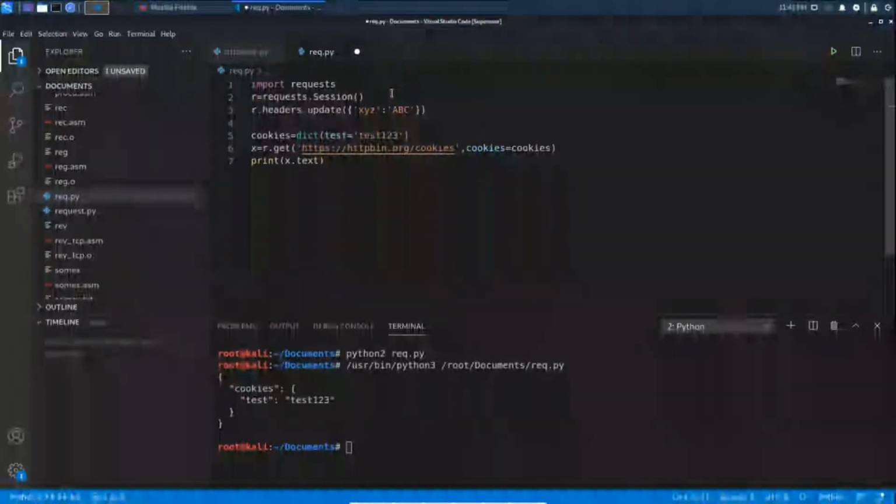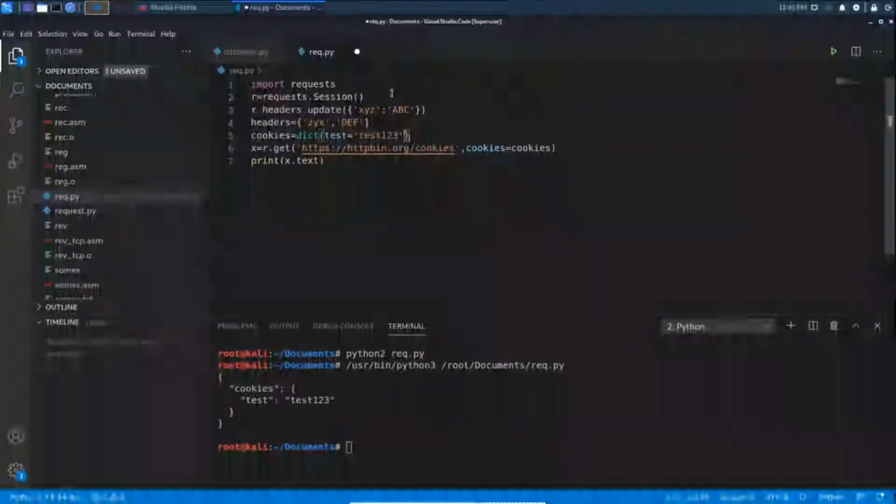And here we are going to pass another header called ZYX, comma DEF. Okay, r.get URL.